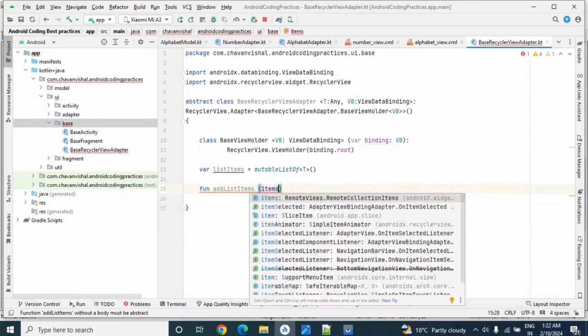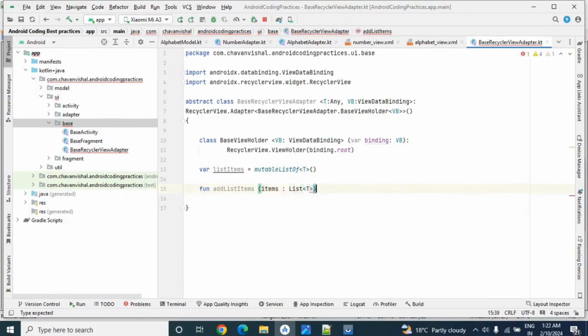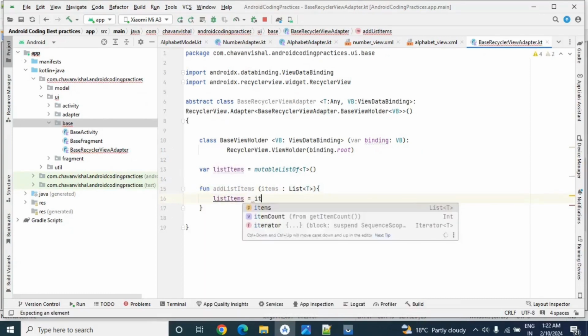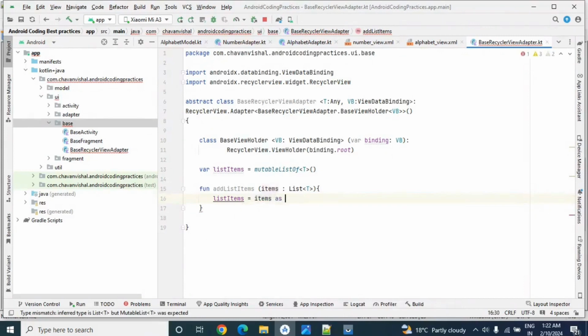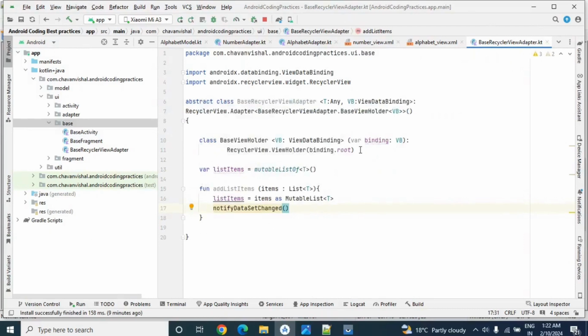Here we will write items colon of type list of T. Here we will write list items is equal to these items, typecast as a mutable list of T, and let's notify dataset change. Now we have created this method to add the data.